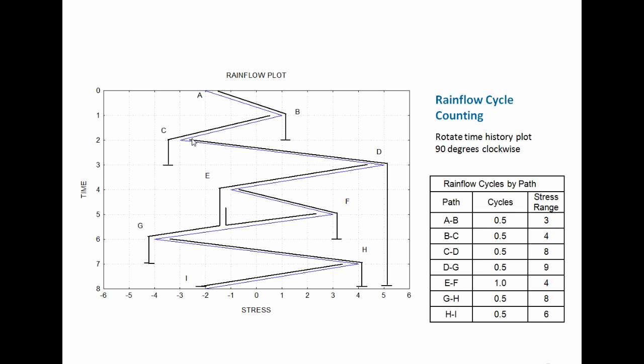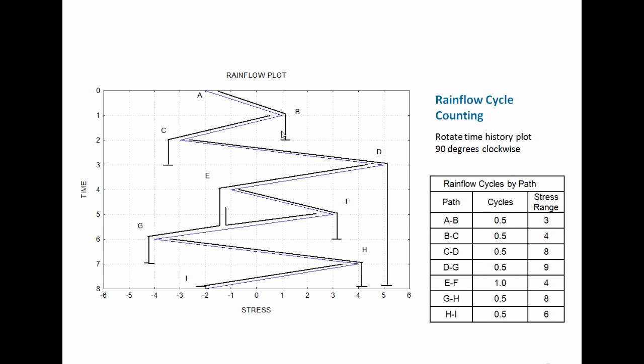Well, I'm doing a little hand waving when I use the word time there, but you get the idea that this cycle, this path from C to D is taking priority, and the A to B is going to stop when it encounters the C to D cycle. So the path from A to B gets counted as a half cycle, and it has a stress range of